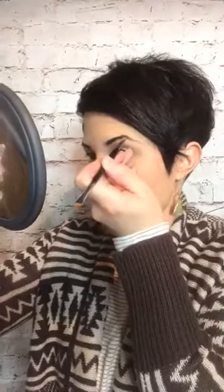So between the two products, I put a brush in there. It feels like I've got brow gel in and they don't go anywhere. And I know that this eyeshadow is going to stay put all day. And because I'm a face toucher...